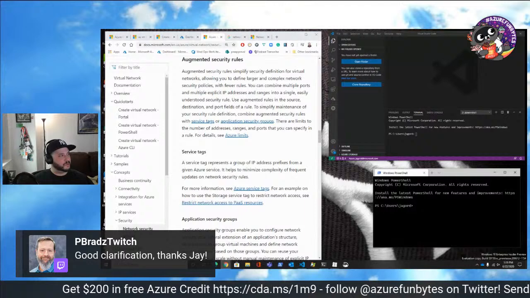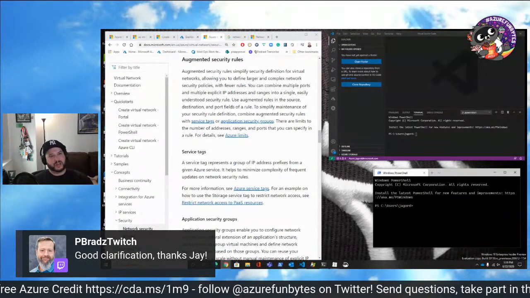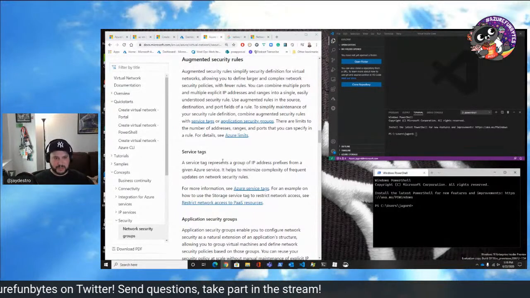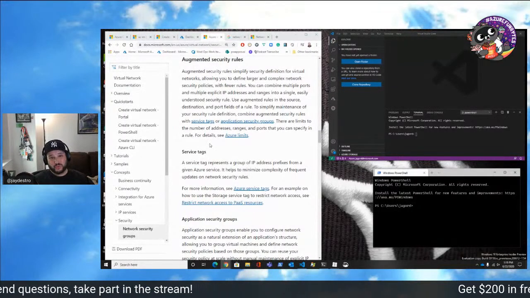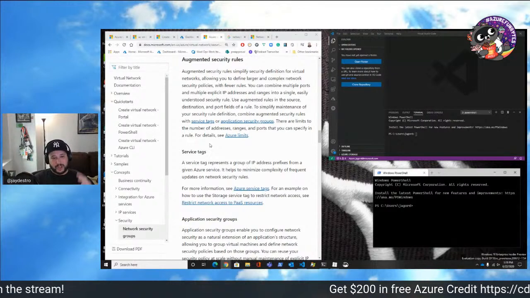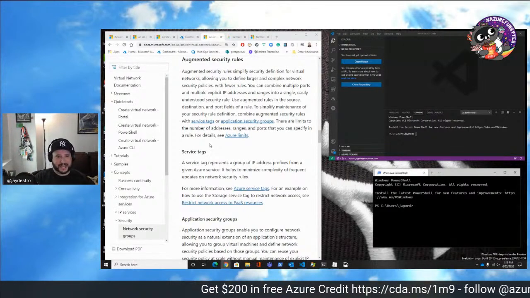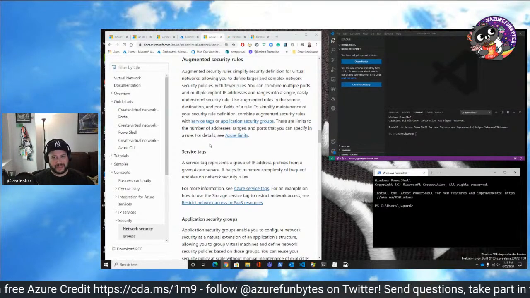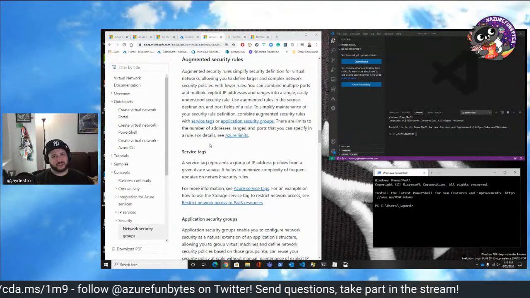Thanks, Phil. Try to just make sure that we keep our terminology very, very separate for our different aspects of Azure, because these are the things you really need to know to pass AZ-900. You've got to know the difference between a service tag and a metadata tag. They are completely different, and that will get you that extra bit of knowledge. Knowing that is just so important.